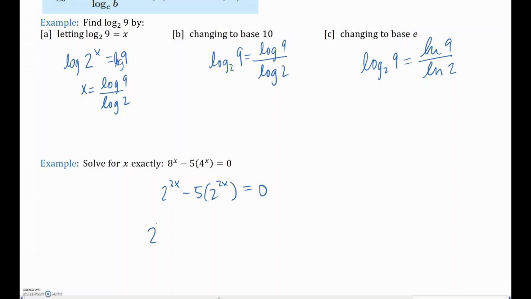So I could factor that out and actually solve this. I'm going to pull out a 2 to the 2x. If you divide by 2 to the 2x, you would have 2 to the x minus 5 equals 0. Now the zero product property says set them both equal to 0. Well, this one can never ever happen, but this one can. 2 to the x equals 5. That can happen, and I can log both sides, or I could do